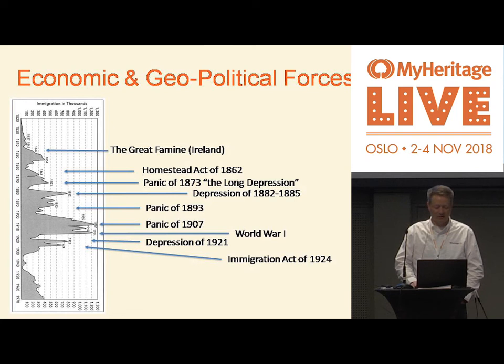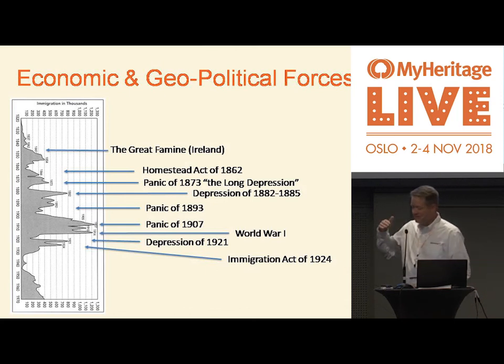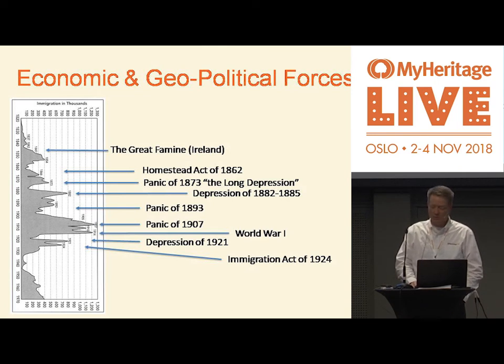Some other depressions, again, kind of curtailing these spikes. Quite a few of these depressions happen over time, and then things like, of course, World War I was a major negative impact on migration or immigration as well. And then sort of bookending the migration acts in the United States is the Immigration Act of 1924. So we can, I believe, show direct correlation between these economic events and migration from Europe to other places,